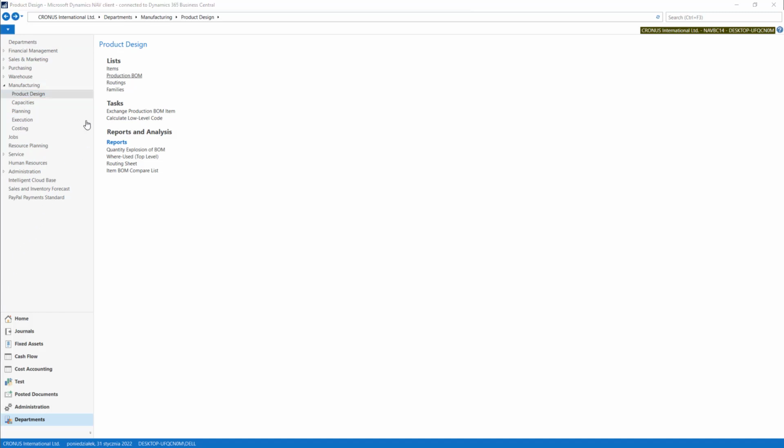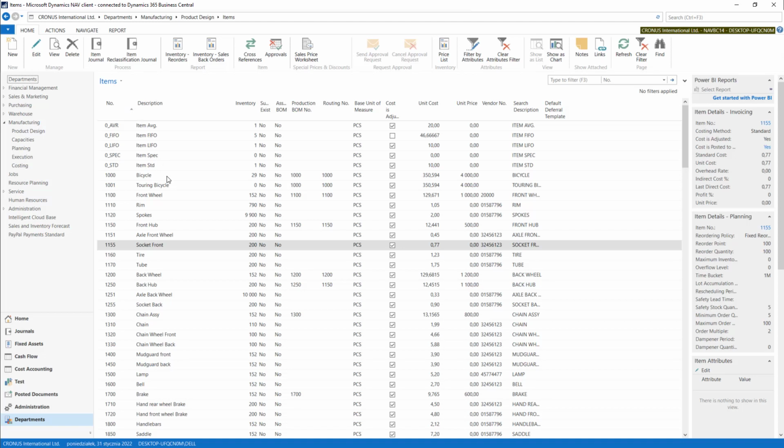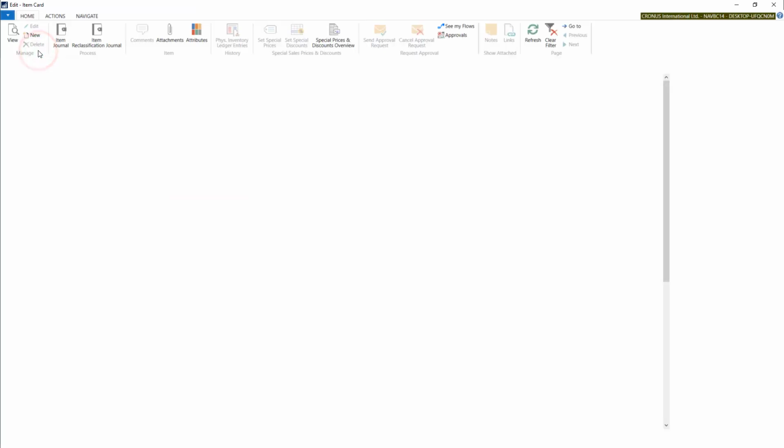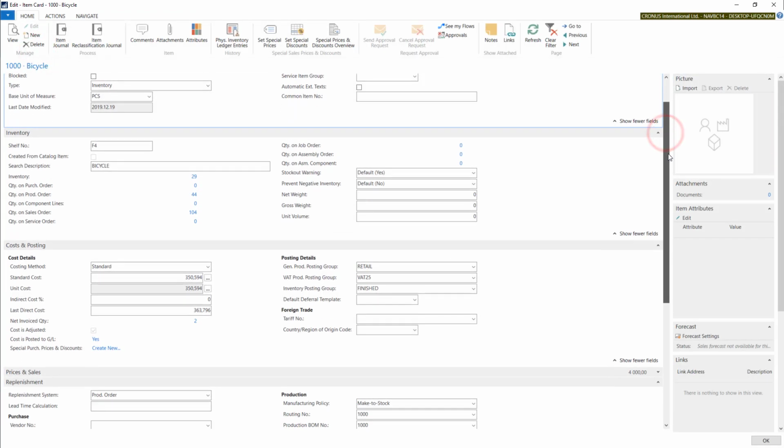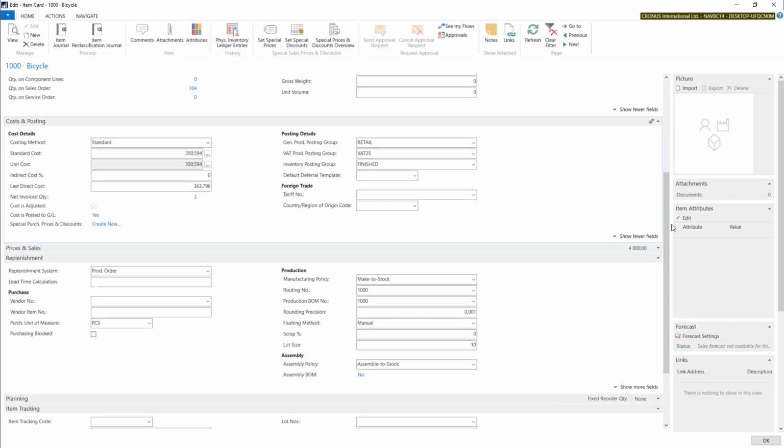We use the demonstration company, so we have an example of a bicycle to be produced. So let's open this card. I will show you some settings that are needed for manufacturing. First of all, most of the produced items are using costing method of standard. In replenishment, you need to set replenishment system to production order, and we have to set manufacturing policy. In this case, we have make to stock. In routing number and production bill of materials, we need to put